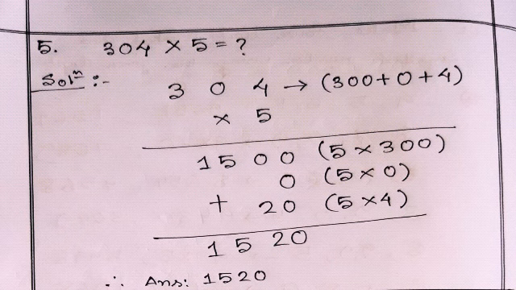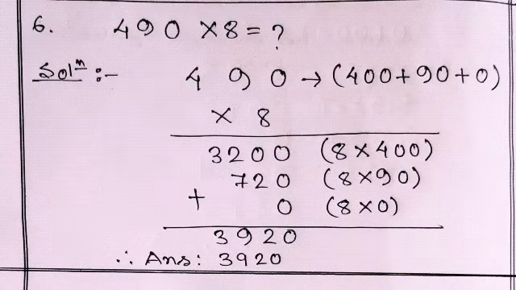Those who have completed, check it. I'm not repeating the same process again. So it's our sixth question. The sixth question was multiply 490 by 8. I have got the answer 3920. Those who have completed can check their answer with me. And if anyone has any doubt, you can ask me in the comment section. I will give your answer.